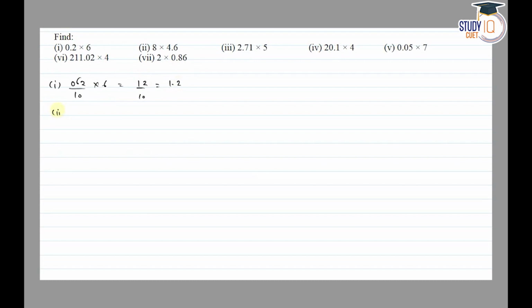Then second, 8 into 4.6. So decimal triangle, so divide by 10. 8 sixes are 48, 8 fours are 32, so there are 368 upon 10 is equal to 36.8. Then third,